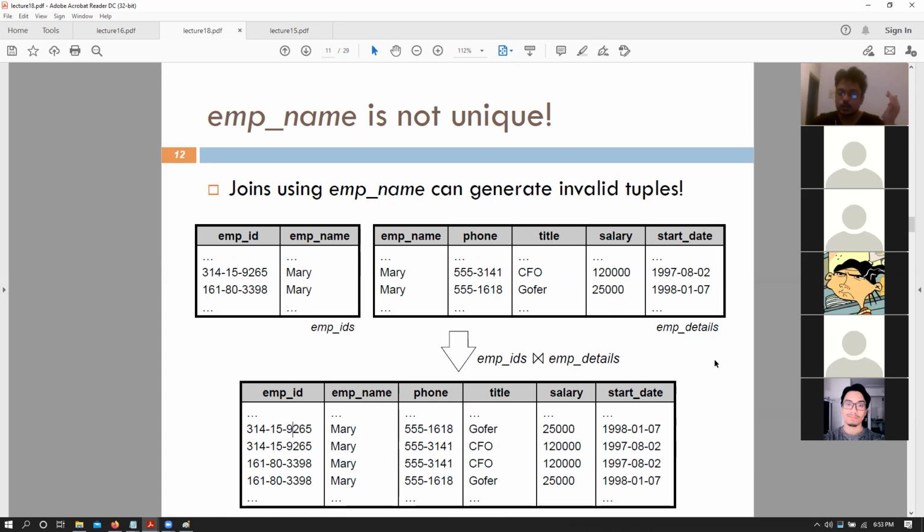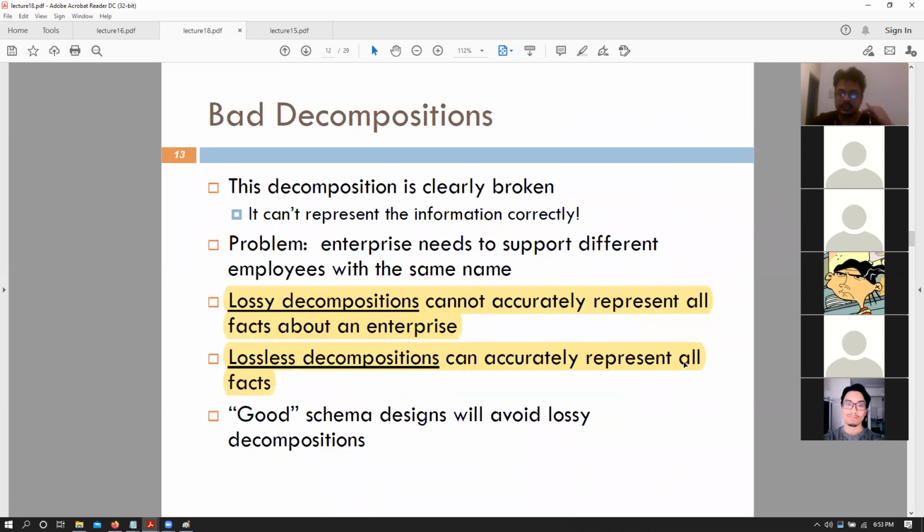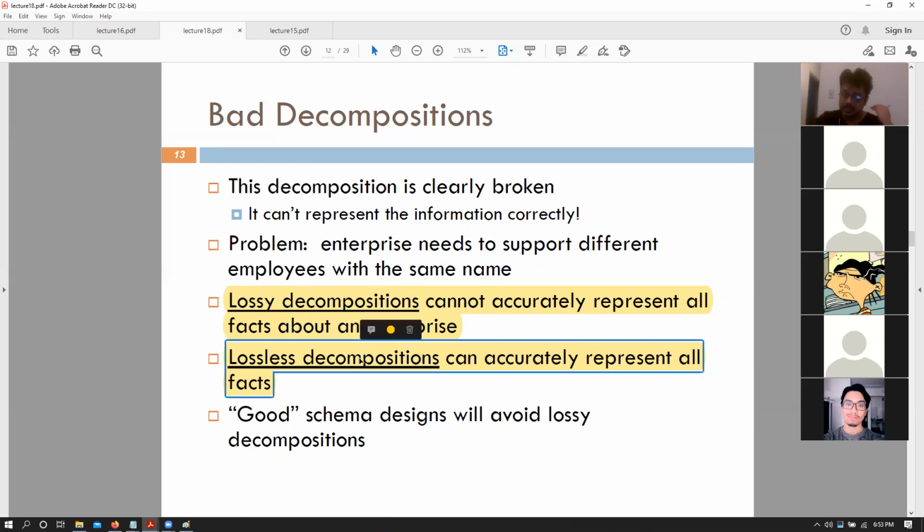So there are issues when we are separating this table into its corresponding subtables, and that is where bad decompositions and good decompositions come into play. The decomposition that we looked into was a lossy decomposition. That is, once we decompose it, we cannot combine it back into our original table using a natural join. A lossless decomposition would be one where, once we decompose it into separate tables, we can join them using a natural join and get the original data back, right?